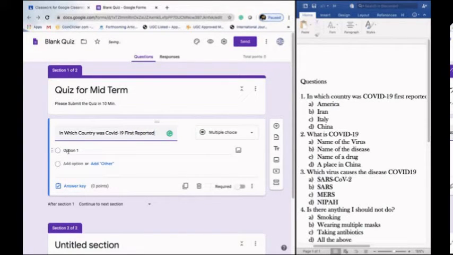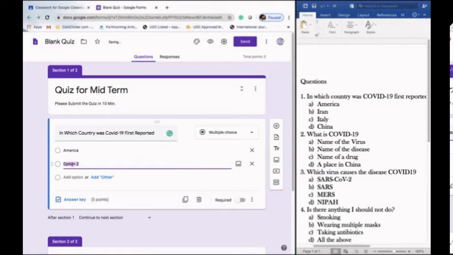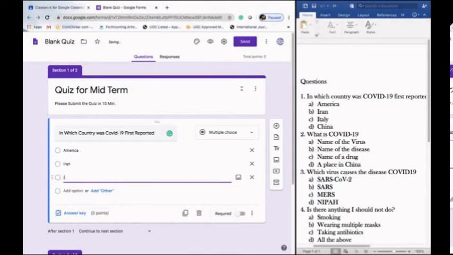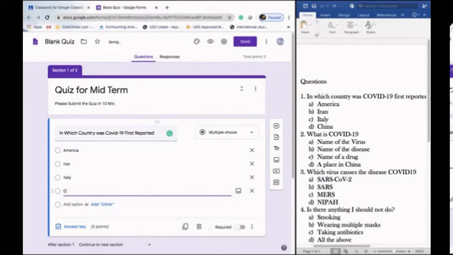And we can add the options: America, another option Iran, third option Italy, and fourth option China.